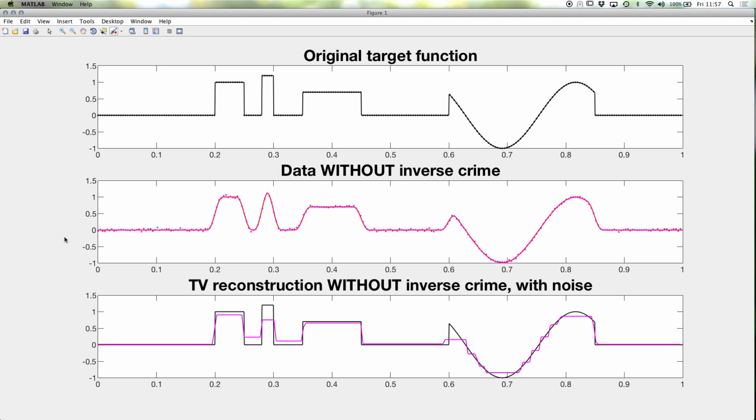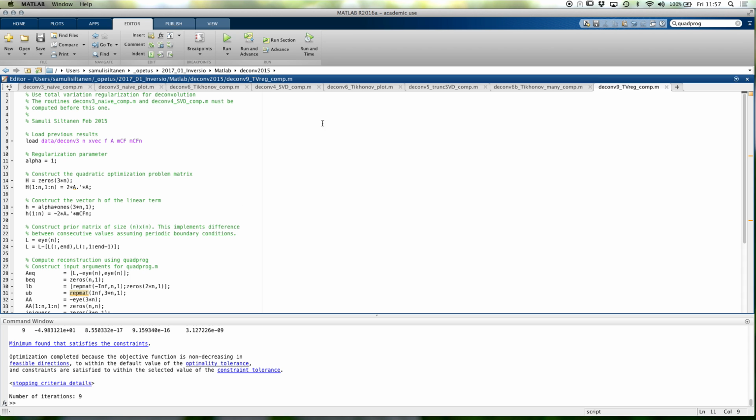So that's how total variation looks. I think maybe we can compare to